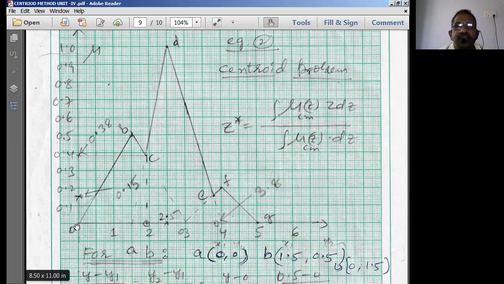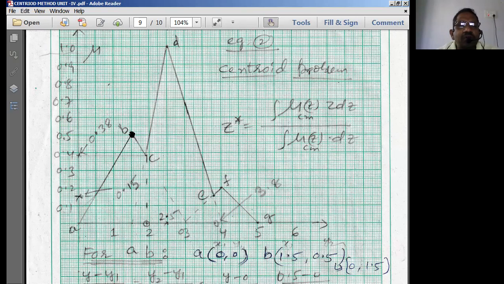The starting point is A. Earlier we took the starting point as 0 and then went 0, A, B, C, D like that. Now here I am starting with A. It is up to us where we start, it doesn't matter. So I am starting with A. This is B, C, this point is D, E, F, G. These are the points that we are going to get.